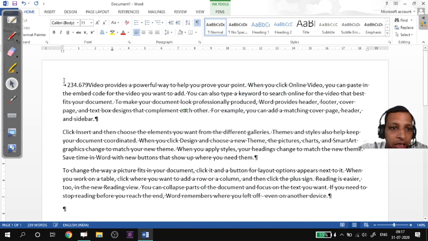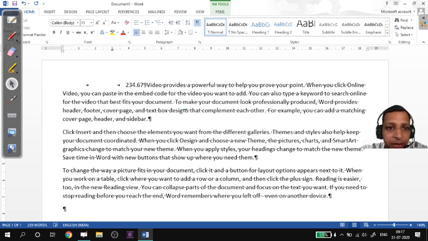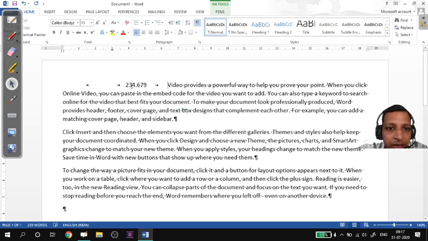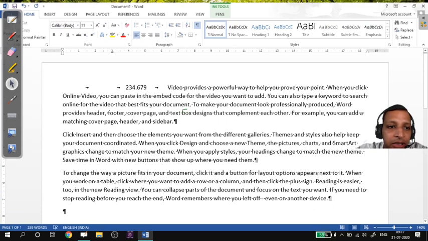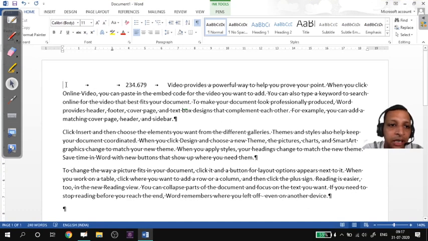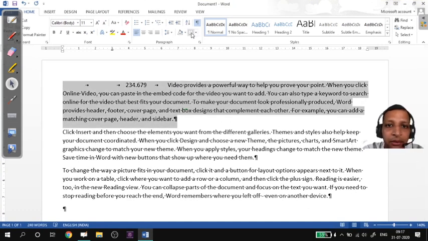Now, when I press tab and again I press tab, see what is happening. This number is getting aligned in the center of the two tabs. Supposing I make it left, wait, let me select. If I make it left, what will happen? You see,